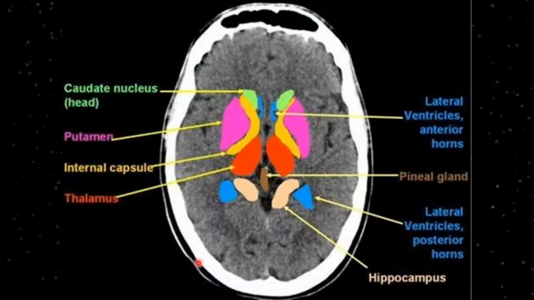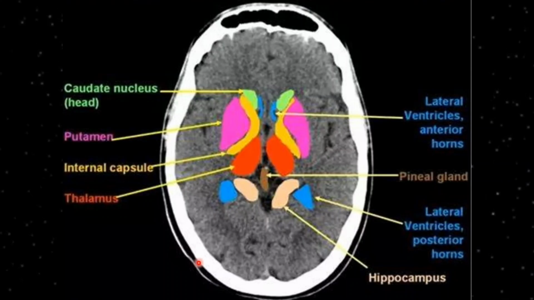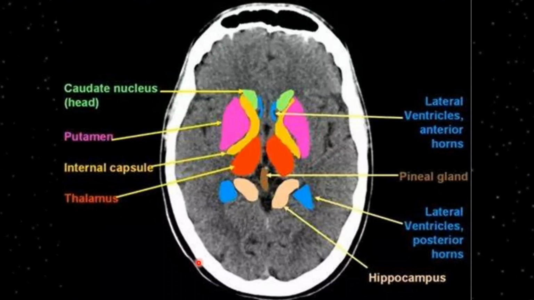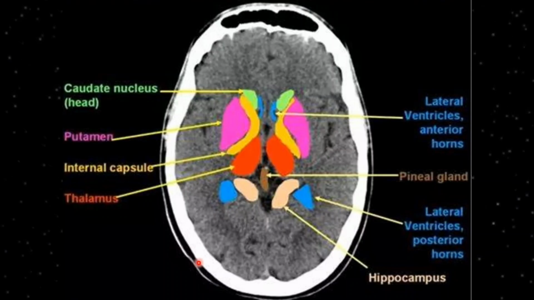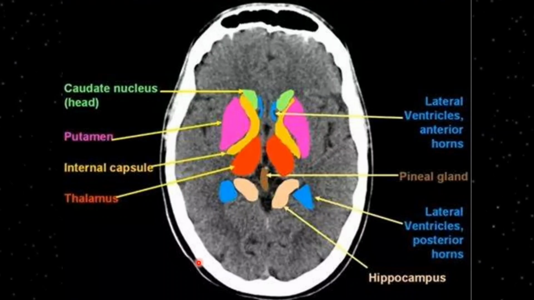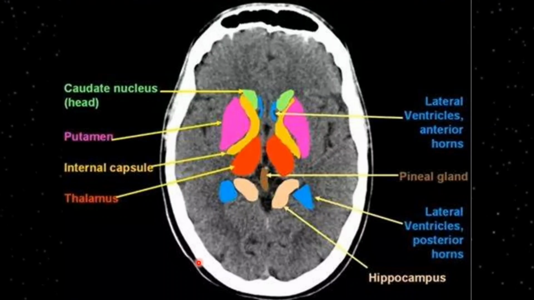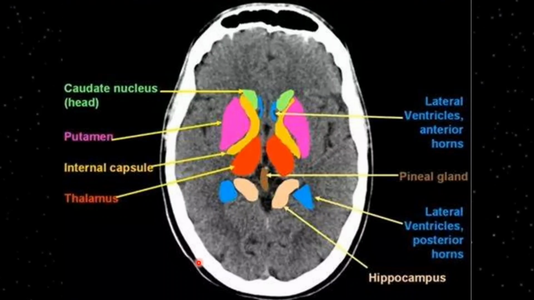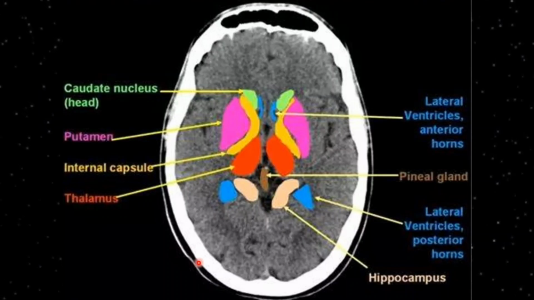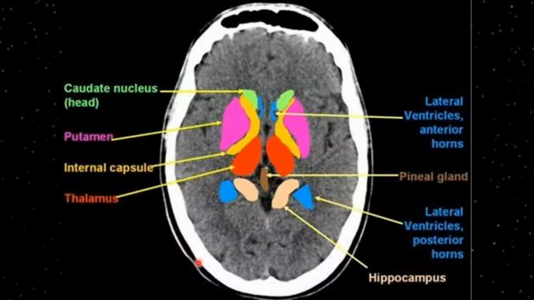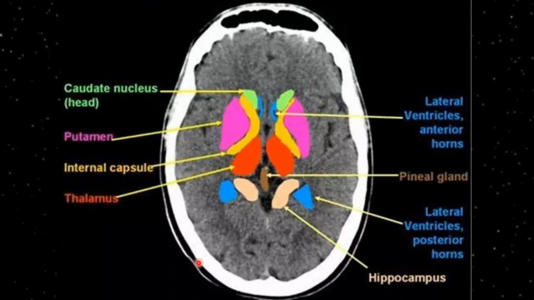Here on this colorful image, this color scheme shows the caudate nucleus head, and you can also appreciate the lateral ventricles' anterior horn. You can appreciate putamen and also internal capsule. You can appreciate the thalamus. Posterior to the thalamus there is hippocampus, and just laterally you can appreciate the posterior horn